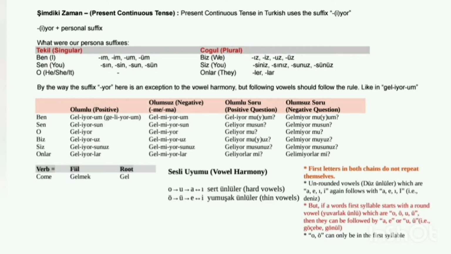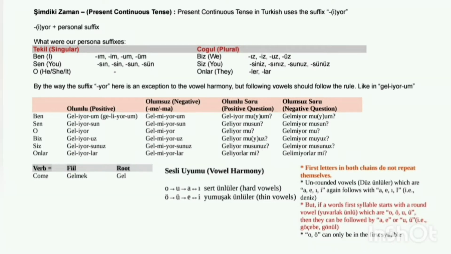They have to follow the direction of the arrow between them. So a and ı, e and i can go both directions. And also the first vowel in both chains, they don't repeat themselves. So the first letters o and ö, they don't repeat themselves. And another rule,